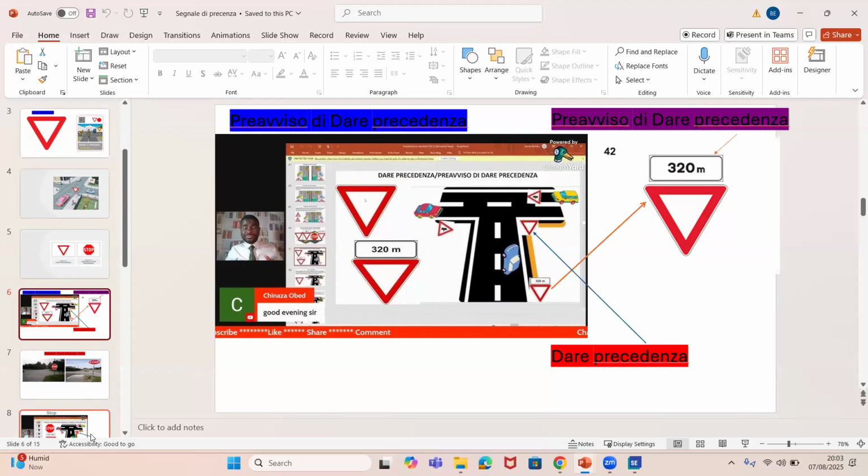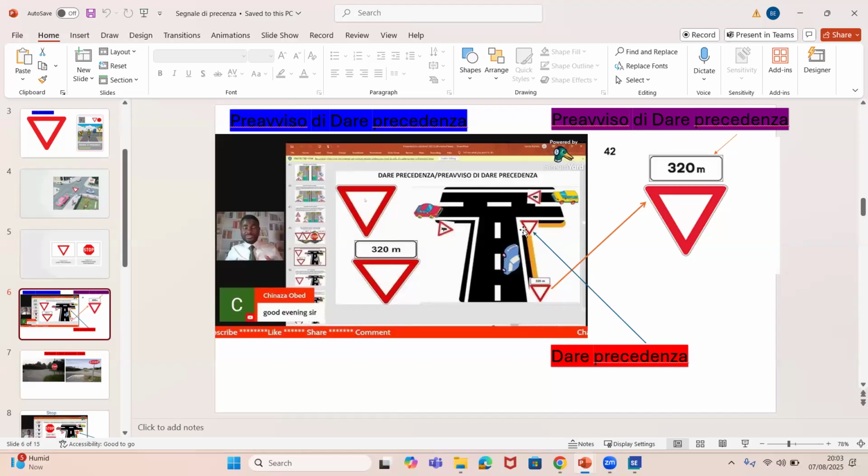Look, what do they mean by preavviso di dare precedenza? Let me break it down for us. When it is preavviso di dare precedenza, you will see a pannello integrativo under the preavviso, telling us the distanza. We know the meaning of distanza. It's telling you that at a distance of 320 meters, you arrive at the dare precedenza.